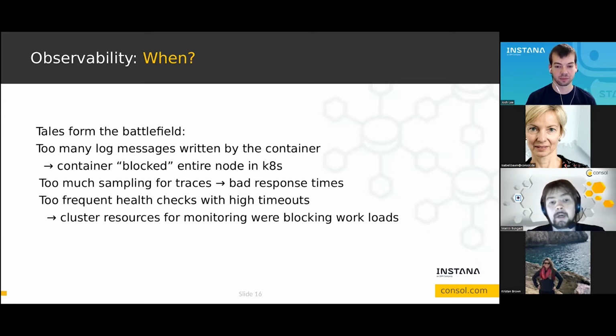If you sample too much when you're trying to trace, this can result in bad response time, since every trace has to be sent, every data for the trace has to be collected, and this is pressure on the application. If your health checks are too frequent and have large timeouts, and maybe your application is already under load, there's some infrastructure part doing these health checks, doing these calls.